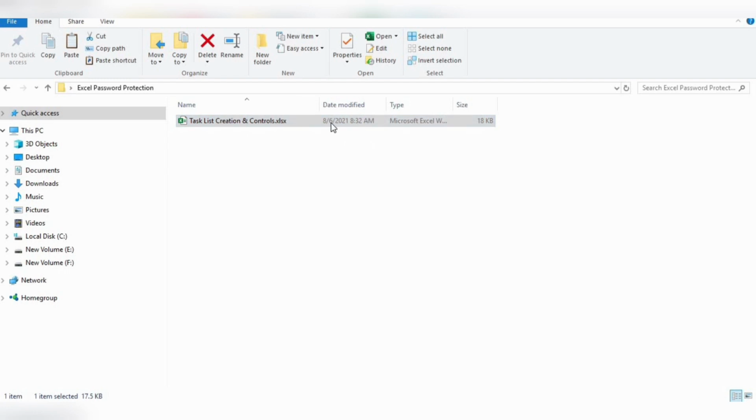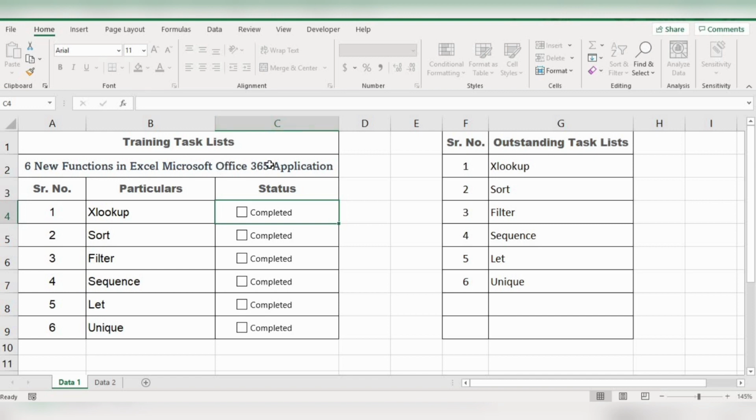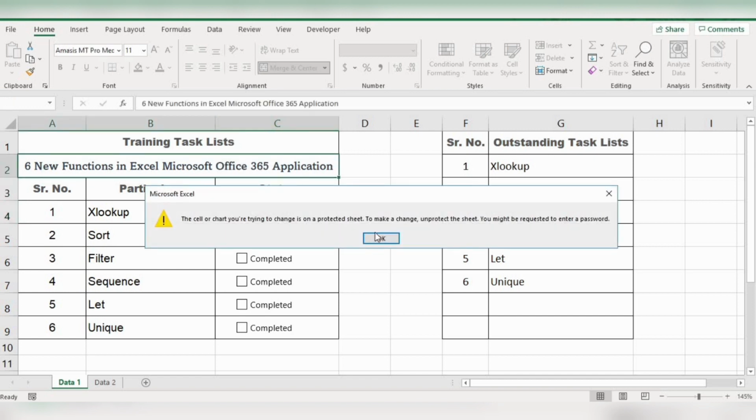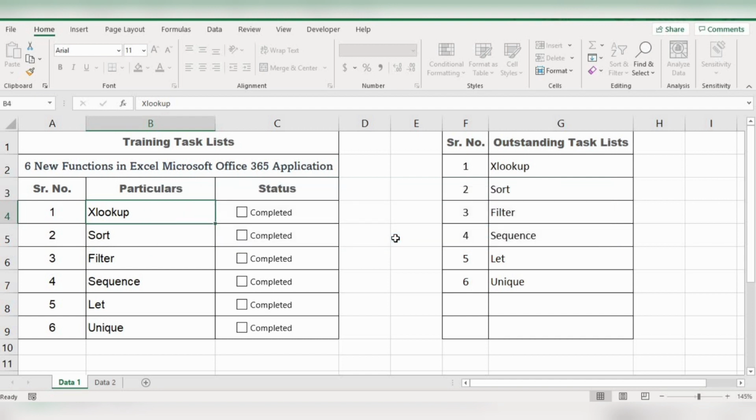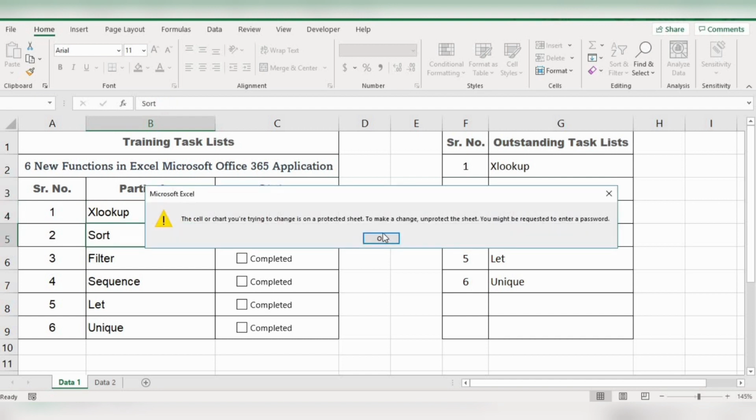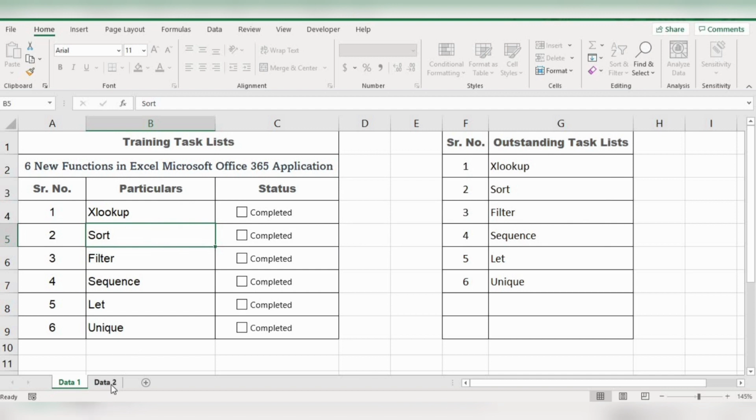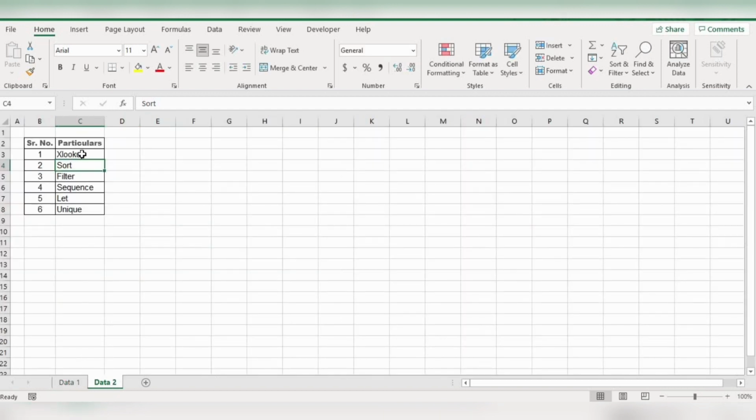Today we have one spreadsheet. The sheet was protected. This is the sheet. Now when I double click, the system doesn't allow me to change anything because the sheet was protected. Now there is a second sheet.